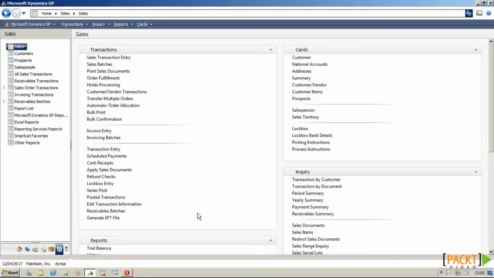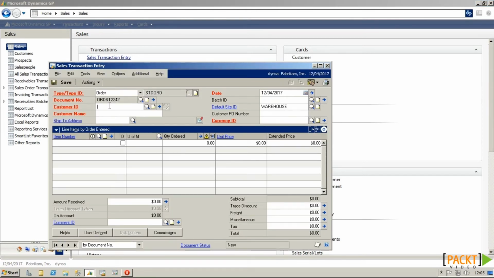In the last video, we took a look at transferring multiple sales orders to invoice. In this one, we're going to take a look at adding sales commitments to POs. The first way you can do this is when raising a sales order. So if we go into sales transaction entry and generate a new order to order some servers for Aaron Fit,